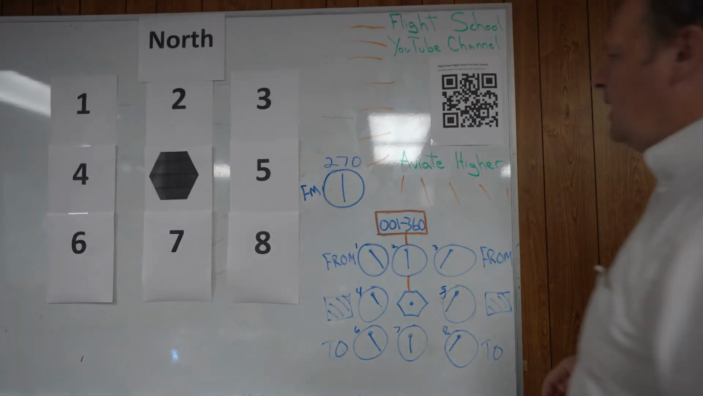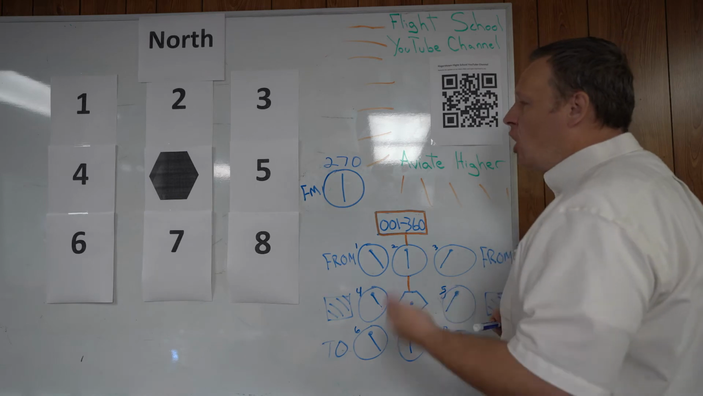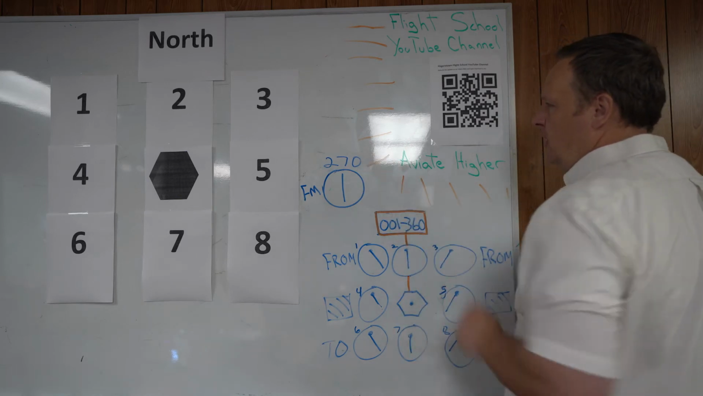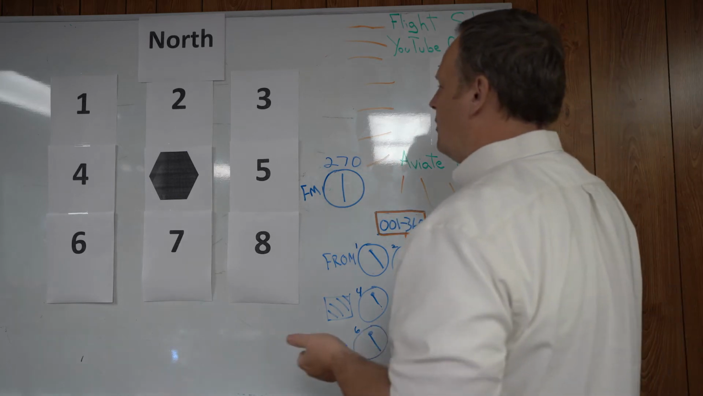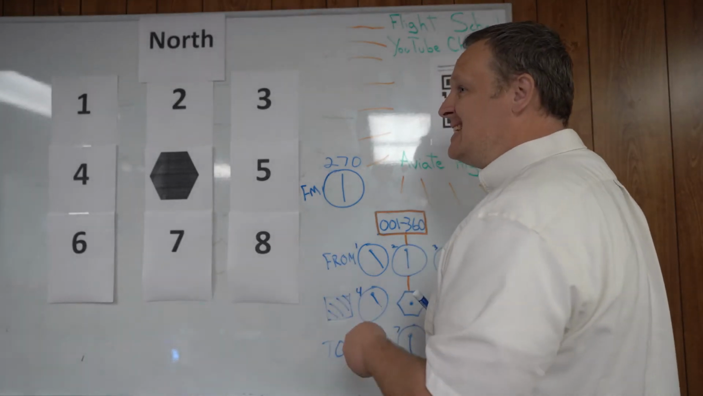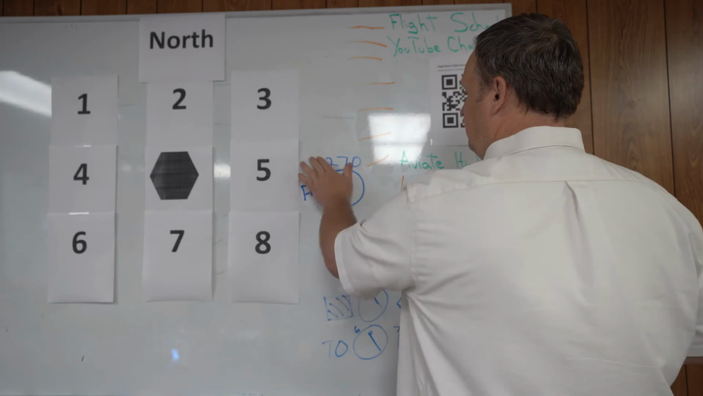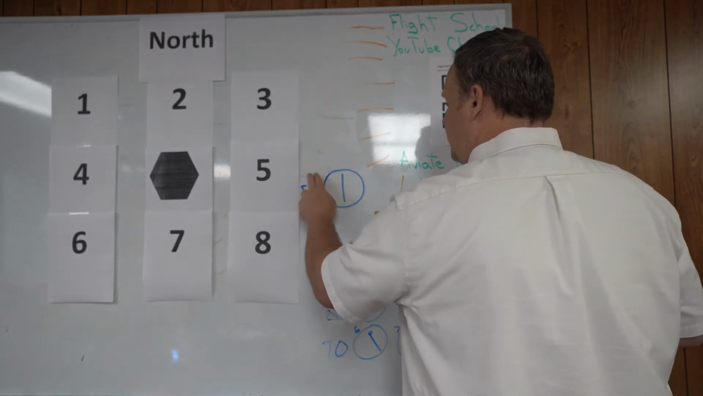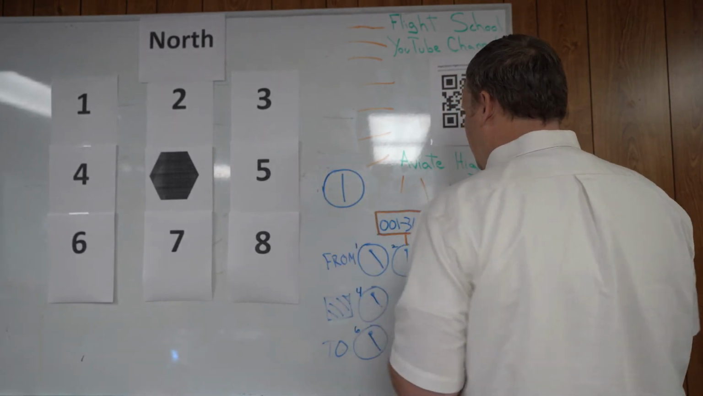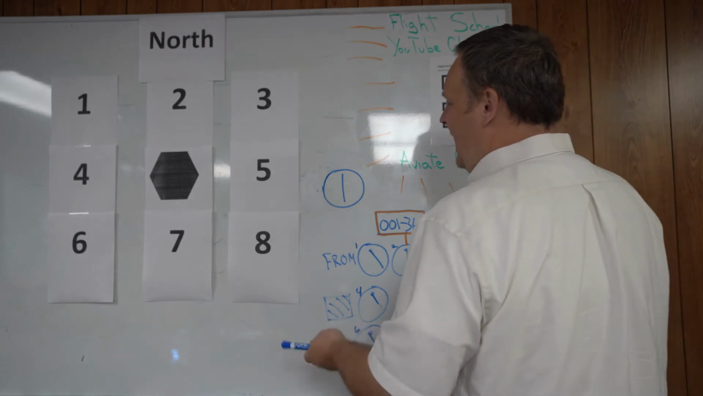All right, let's continue on. Now that we've talked about the cardinal radials being put in here, what about all the other 356 different radials? Because that's just 4 of them. I could sit here all day long and do this, but we're going to talk about now